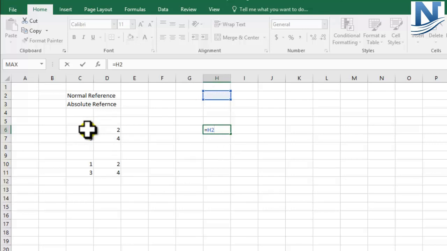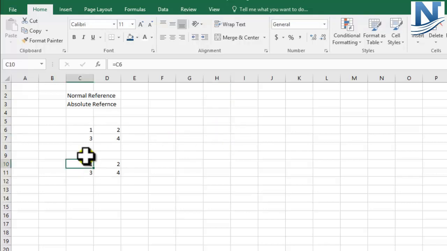So this is when we make use of absolute reference. In case of absolute reference, you need to make use of the dollar signs. Let's say this is 1 and I have copied this from here. When using the dollar sign, I'll come to this cell before C and make use of the dollar sign which is present on the number 4, so I'll press Shift and 4. The dollar sign is present over here, and again before 6, and I'll press enter.